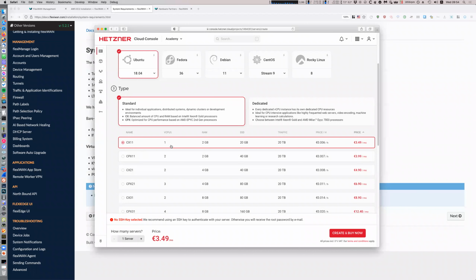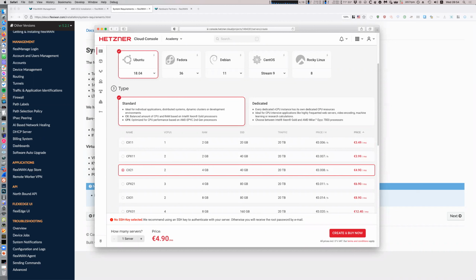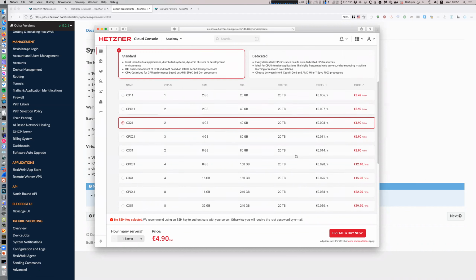So this means that we cannot use the two cheapest instances. Instead, we need to use CX21 instance, which is again very affordable, especially if this is just a POC. You don't even have to use it for a month. You'll just pay as you go. And next,